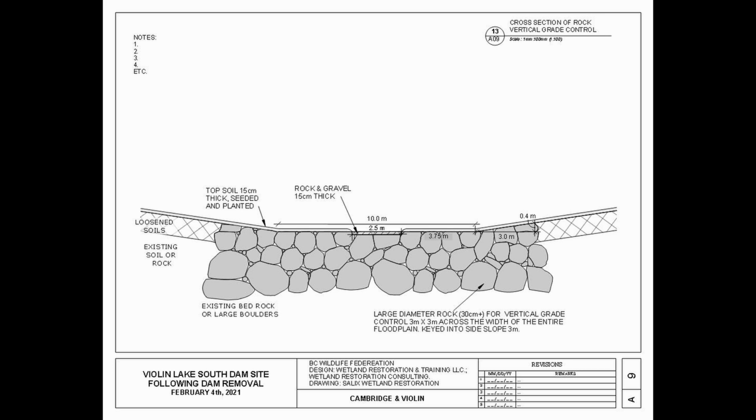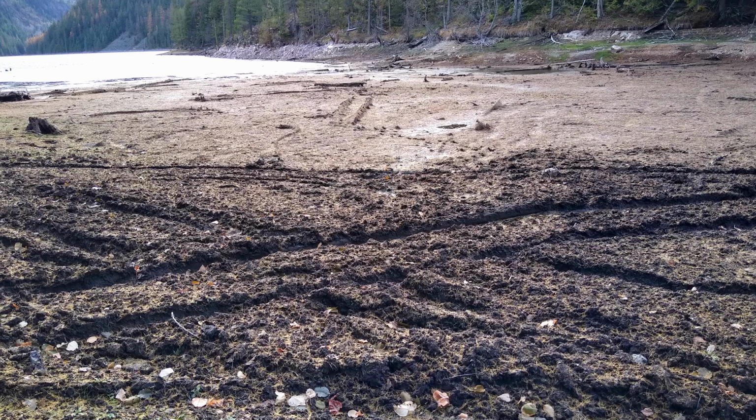A buried vertical grade control structure made out of large rock would be built at the downstream end of the restored stream, and this is where water flows into the beaver pond. The structure would protect Violin Lake from head cuts that may occur downstream in Goodeve Creek should the beaver dams fail or are removed. Following the lowering of the water level in Violin Lake, we observed unauthorized dirt bike use